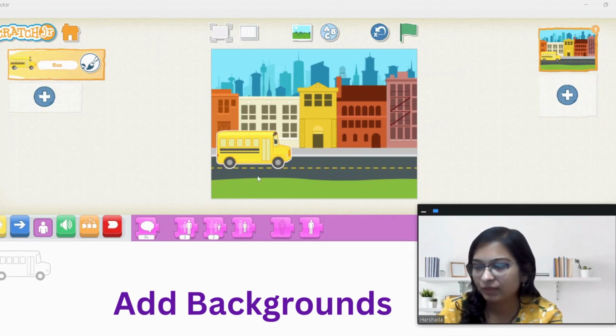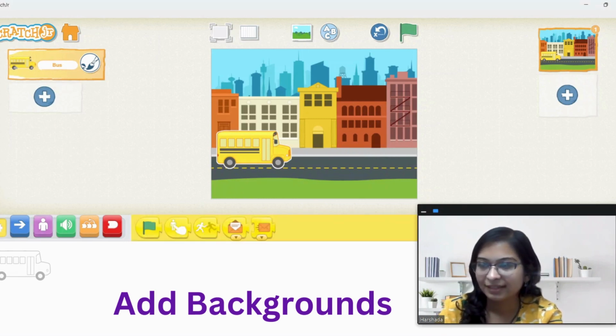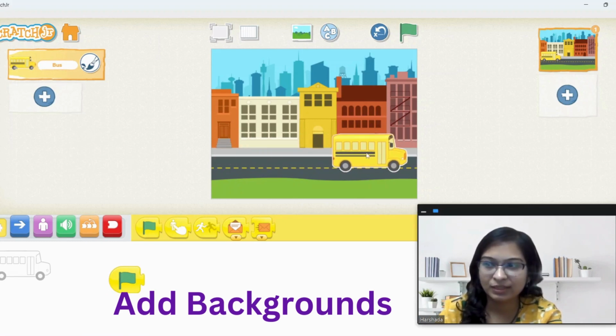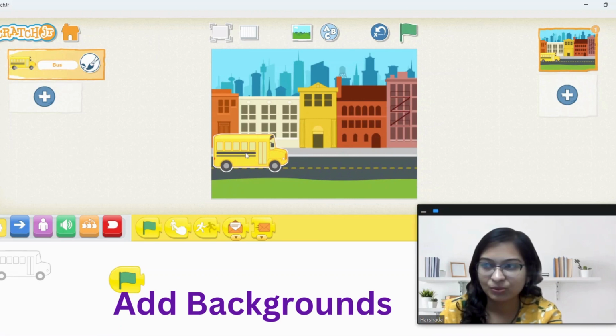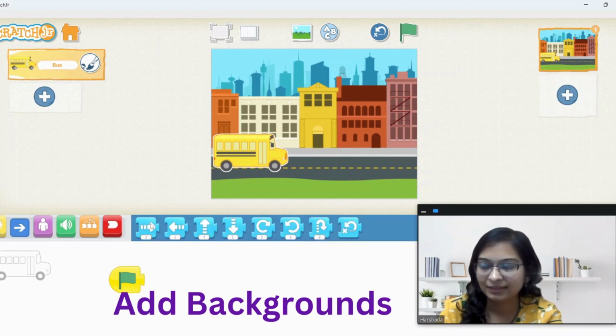We'll start with the yellow blocks. Yellow blocks are the trigger blocks. So we have to write the trigger. So the first trigger is the green flag. So whenever we click on the green flag, the project starts executing. Right? Let us take the green flag. Now we want the bus to move towards the right side. So let us take the right arrow